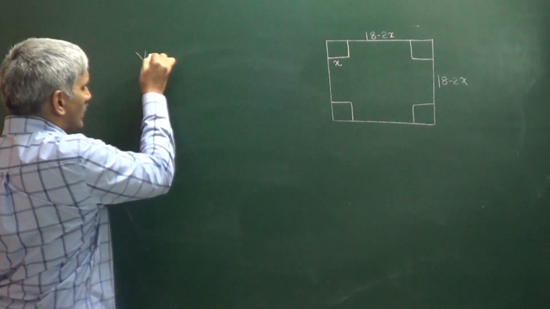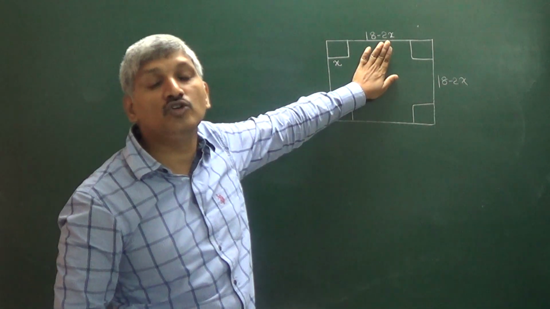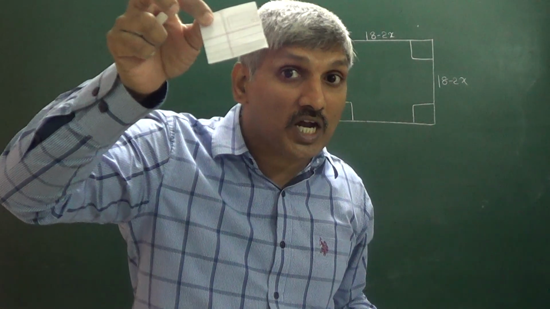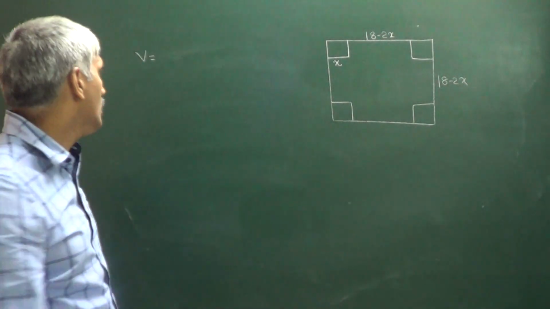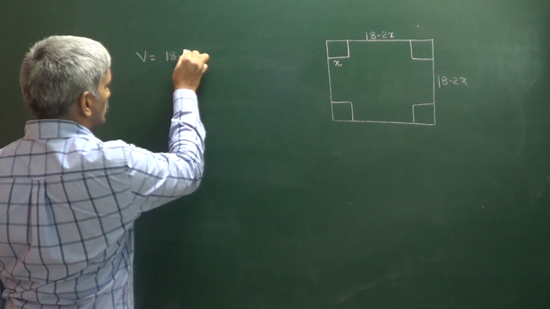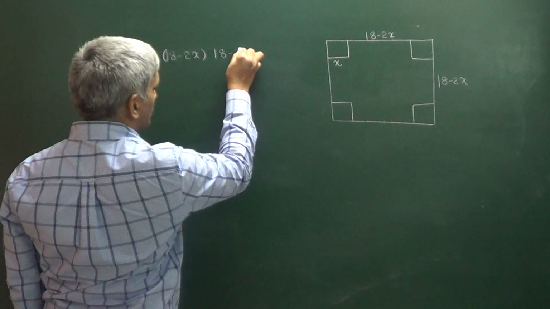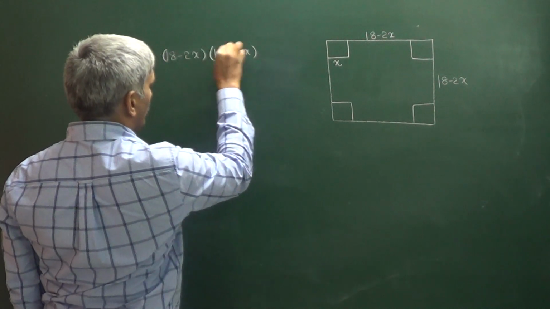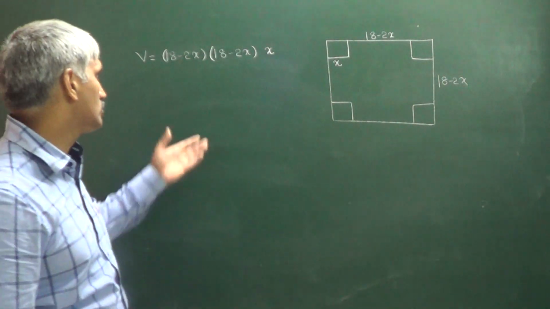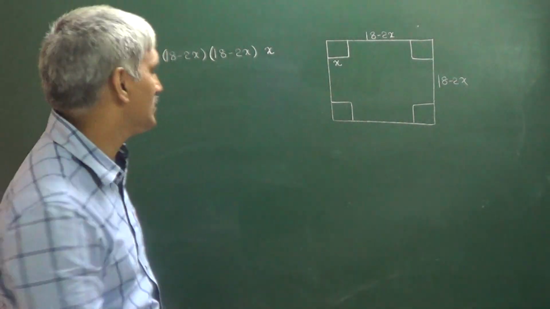So why is height required? He is asking for this box volume to be maximum. To make the volume of the box a maximum, what is the size of this square piece to be cut off from all the four corners? So that's why the volume of the box is equal to length 18 minus 2x, width also 18 minus 2x, into height. So that is the volume of the box. Now this is the volume function with a single variable. Now you can differentiate this one or not?